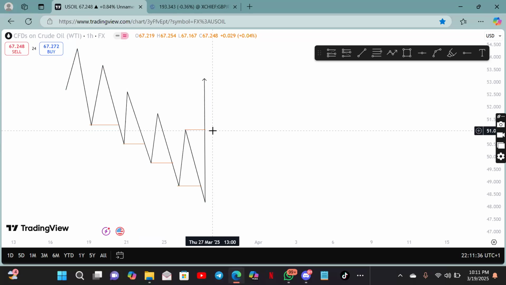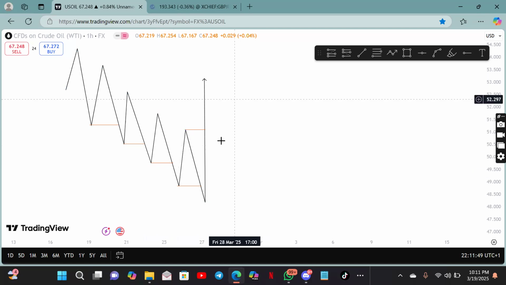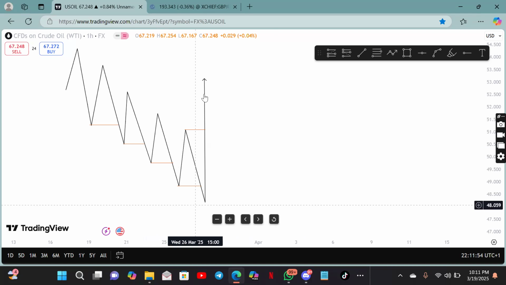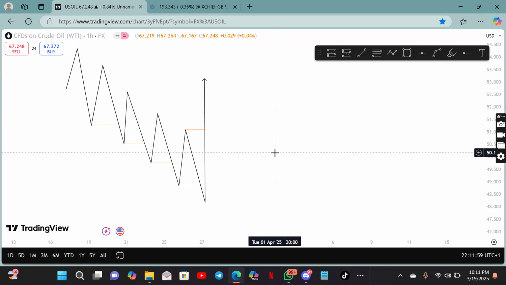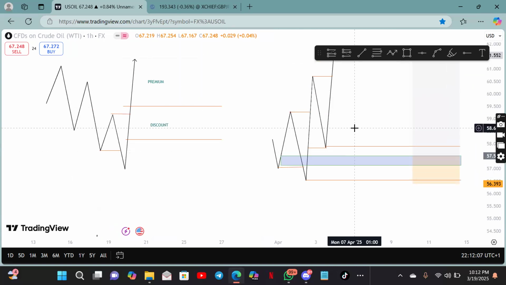Do you understand? Yes, sir. It is break of structure when it keeps respecting, it keeps breaking structure, and you are looking for the next. If it's a buy break of structure, it goes up, so you are looking for a buy again, a continuation buy. But now it breaks above the sell, so now you are looking for buy. What you are looking for in a buy is what I have been explaining here since. Same applies when you are looking for a sell.